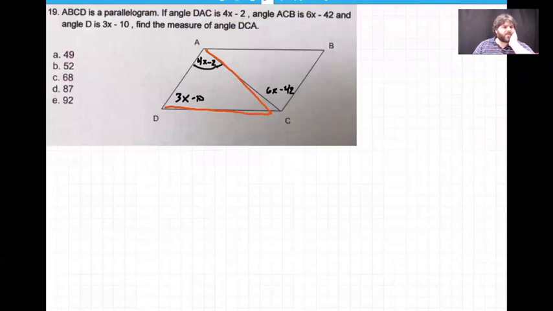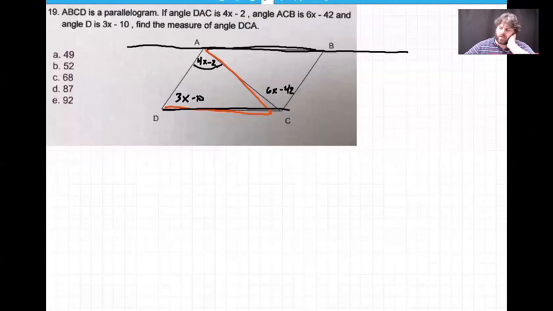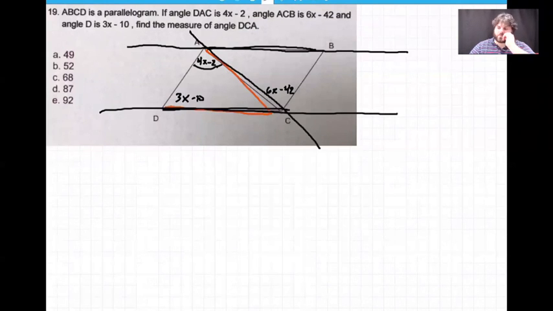Okay, so first of all, this is a parallelogram. A couple things that I know about parallelograms is that line AB is parallel to line DC. Now, if I extended this out a little bit, I'd have parallel lines, right? And then if I extended this line out, what would I have? I'd have a transversal. So basically that tells me that we've got some equal angles here. It kind of tells me that,